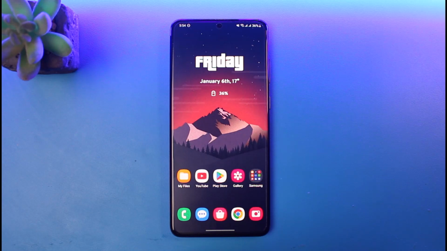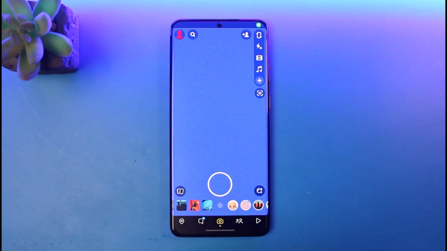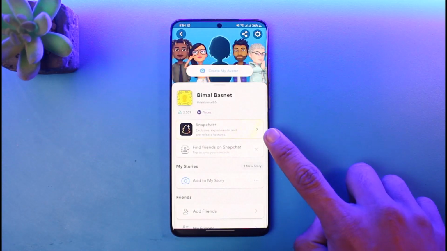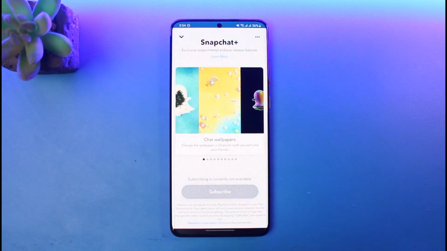If you'd like to subscribe to Snapchat Plus, which is actually a premium version of Snapchat, it's very simple to do so. All you need is your own Snapchat app first of all, and open the Snapchat. Make sure to sign into your account. Tap on the profile icon from the top left. And here you'll find the option called Snapchat Plus in this gold icon over here hovering over your screen. You can tap on the Snapchat Plus button and you'll be able to see different types of exclusive, experimental and